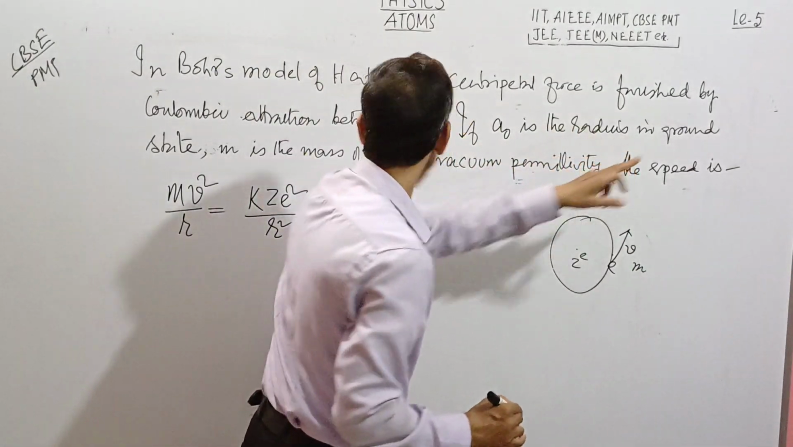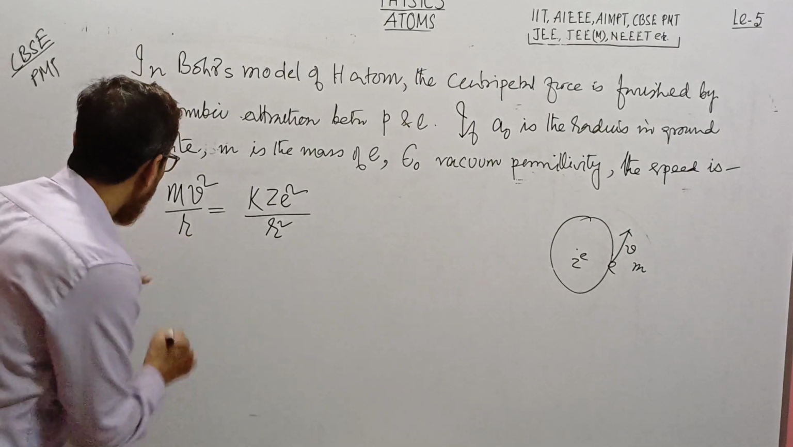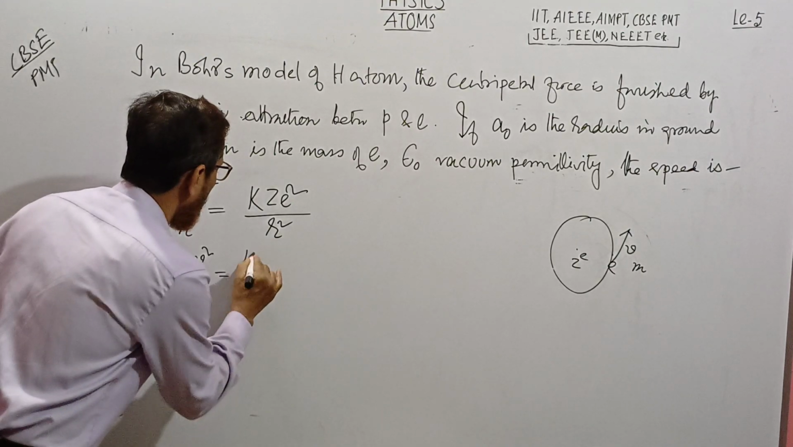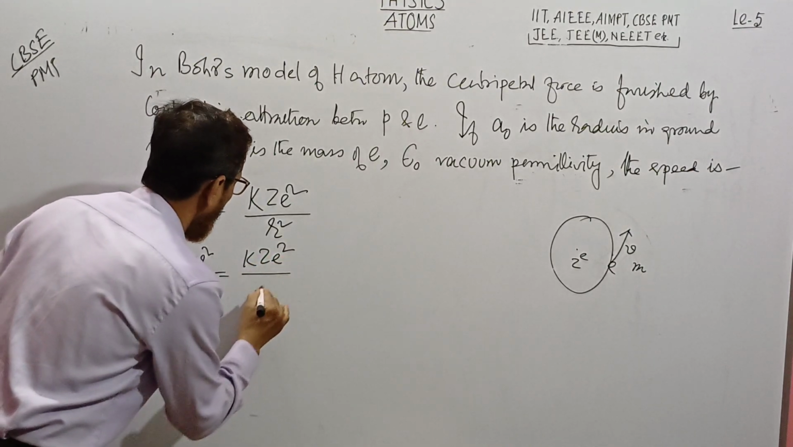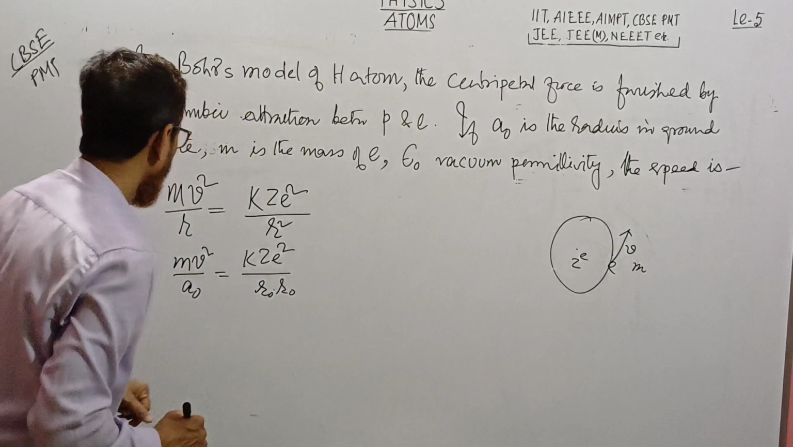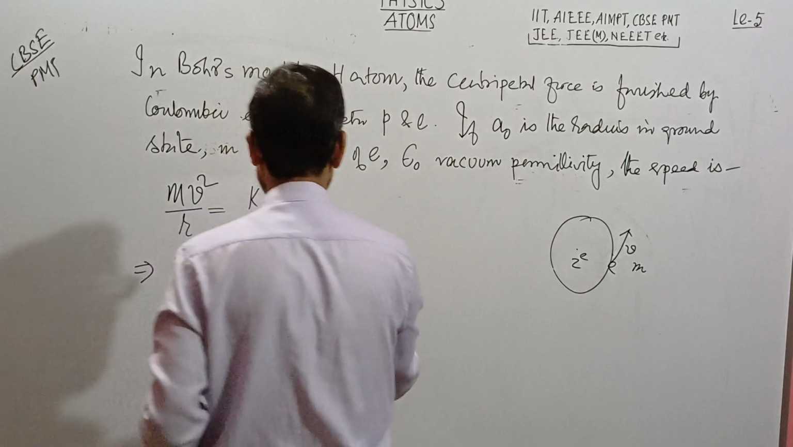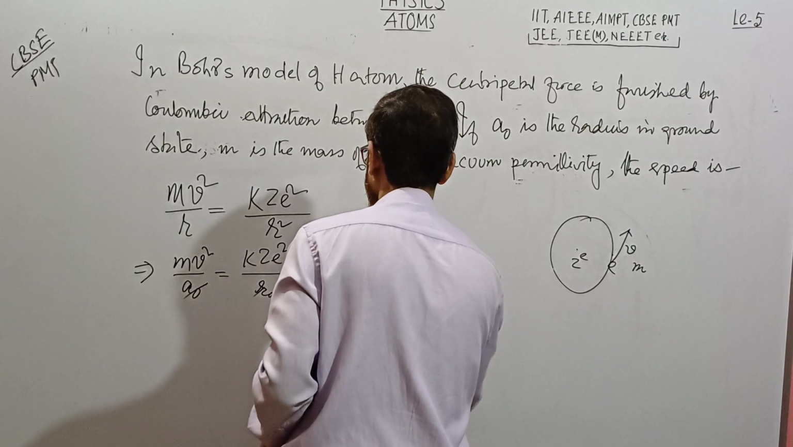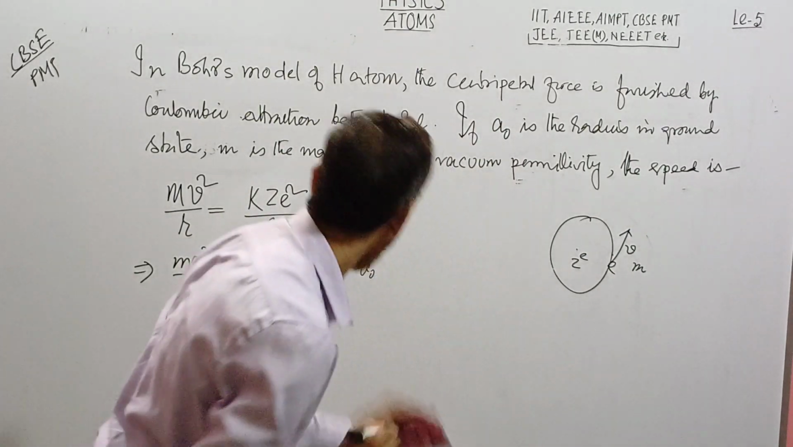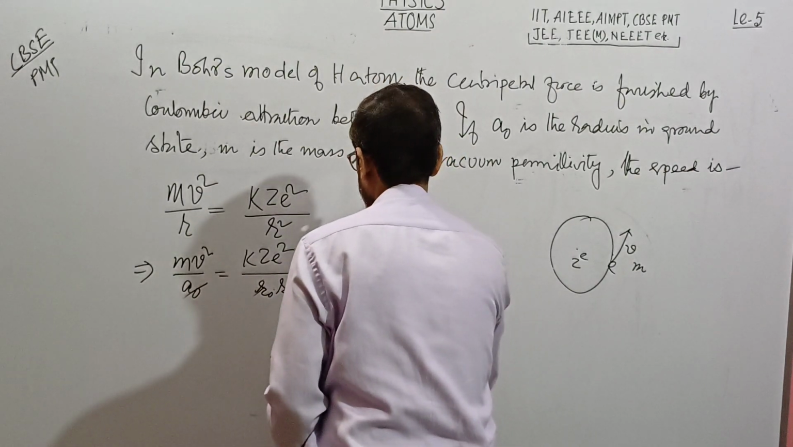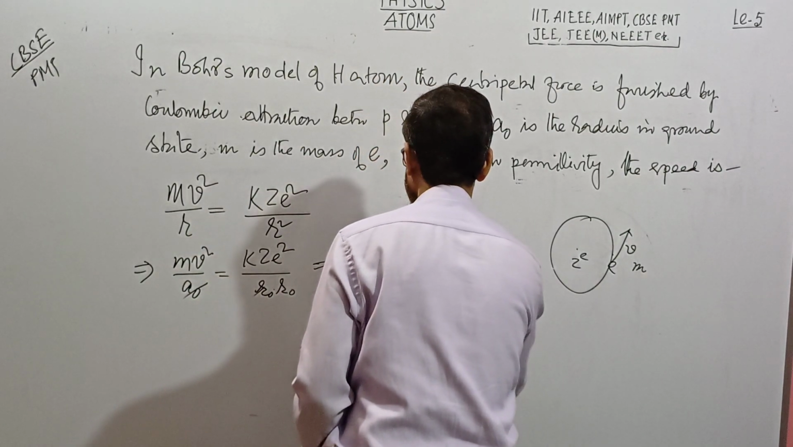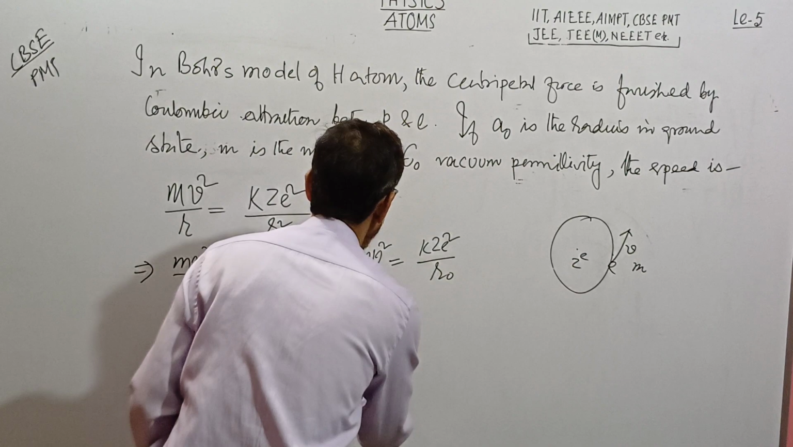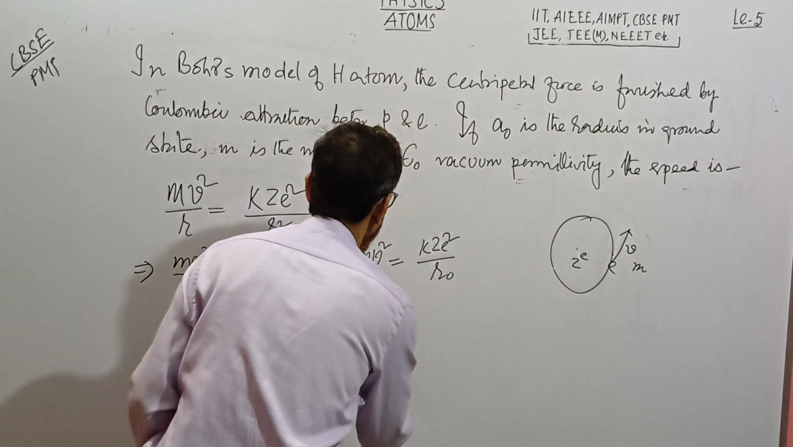If a0 is the radius in the ground state, then that radius, mv square by r0 is equal to k z e square by r0 square. So on cancelling out, we get mv square is equal to k z e square by r0. Therefore v is equal to